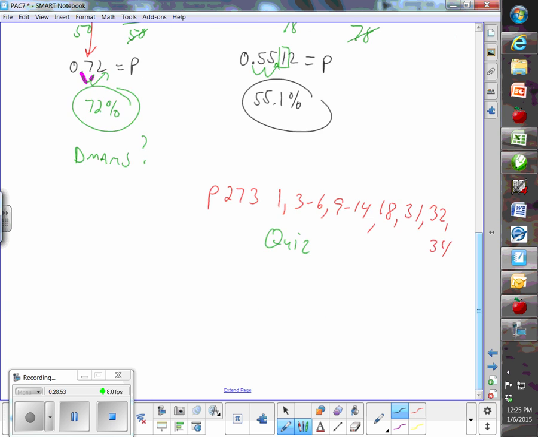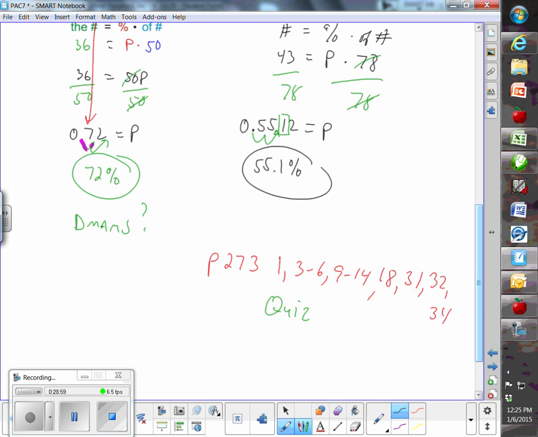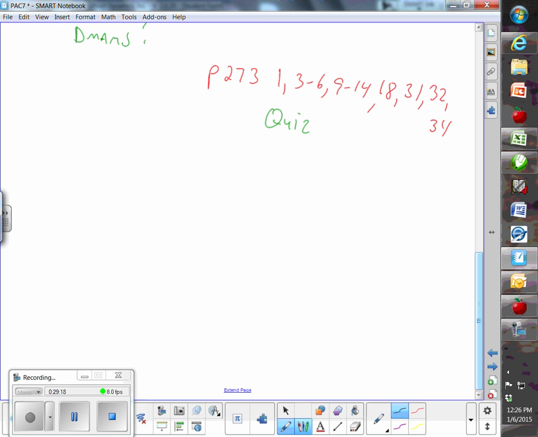Here's tonight's homework. Page 273. 1, 3 through 6, 9 through 14, 18, 31, 32, and the ever popular 34. Quiz mañana. I'll put it a little higher for you. 1, 3 through 6, 9 through 14,